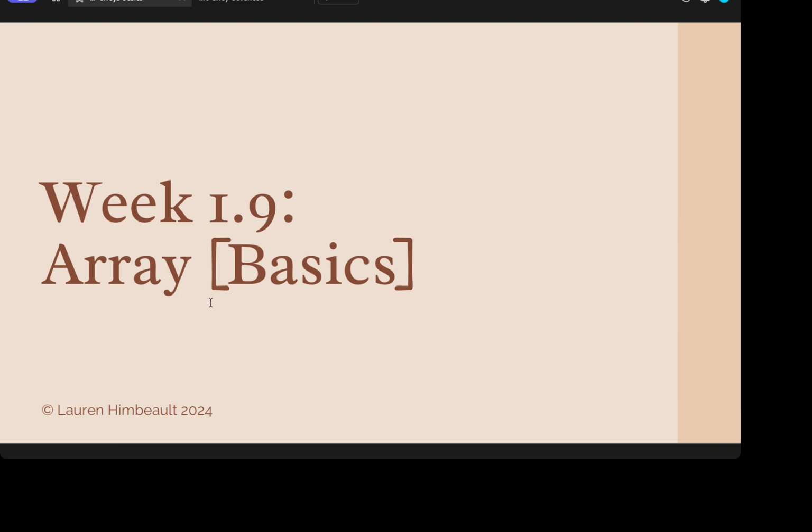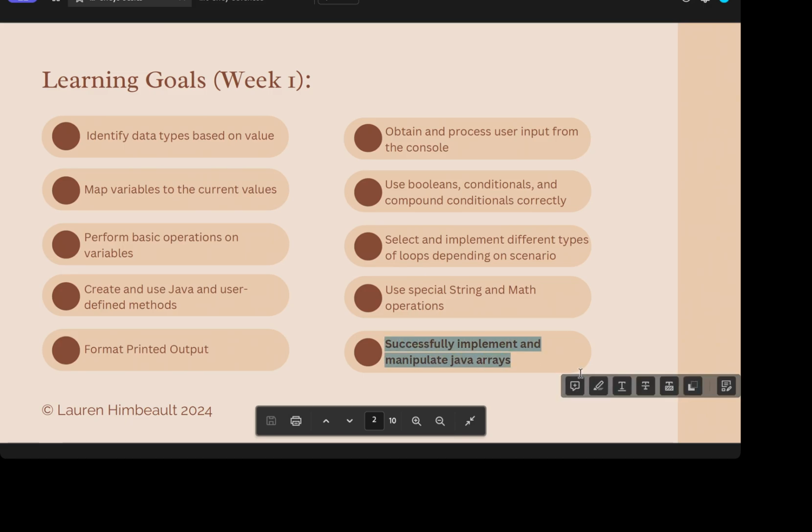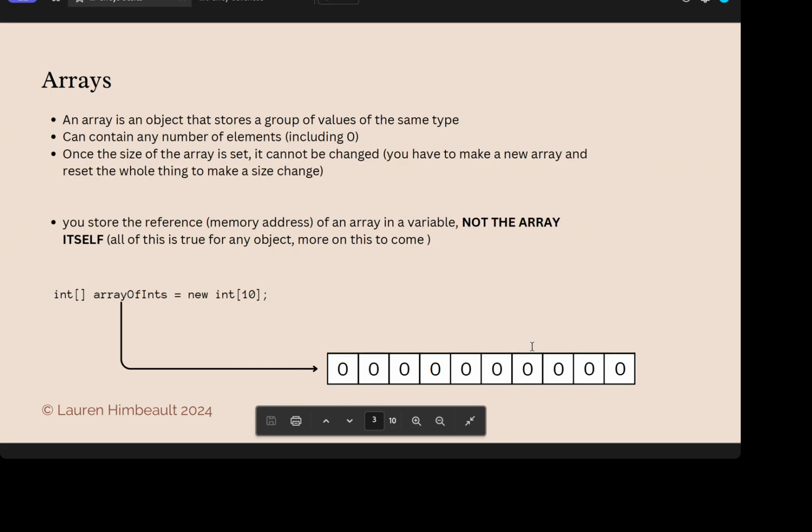So let's talk about arrays. This last set of two videos is all about successfully implementing and manipulating arrays. Arrays are effectively lists of data. They are objects that store a group of values, and all the values have to be the same type. So they all have to be ints or doubles or strings. You can't mix and match,